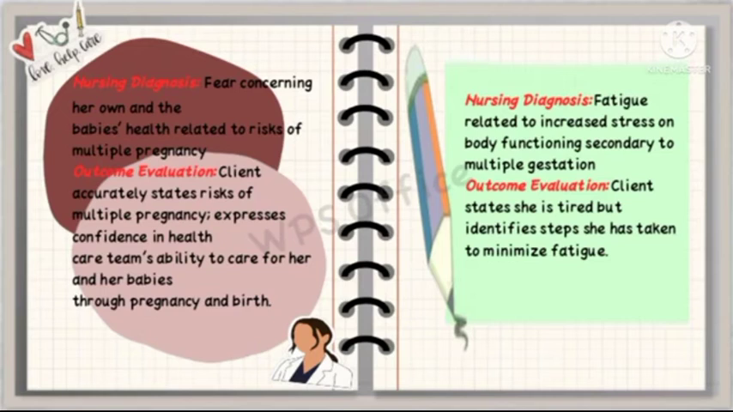supplements. Next nursing diagnosis is fear concerning her own and the baby's health related to risk of multiple pregnancy. In the outcome evaluation, the client accurately states risk of multiple pregnancy, expresses confidence in health care team's ability to care for her and her babies through pregnancy and birth. A woman with multiple pregnancy has more reason to fear for her life and the life of her babies than does the